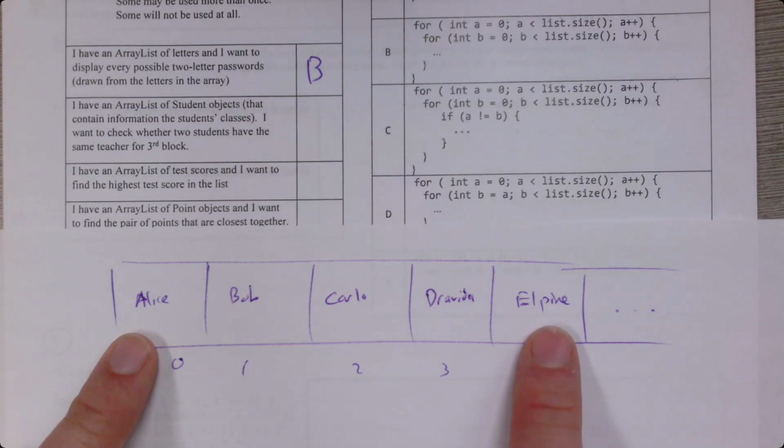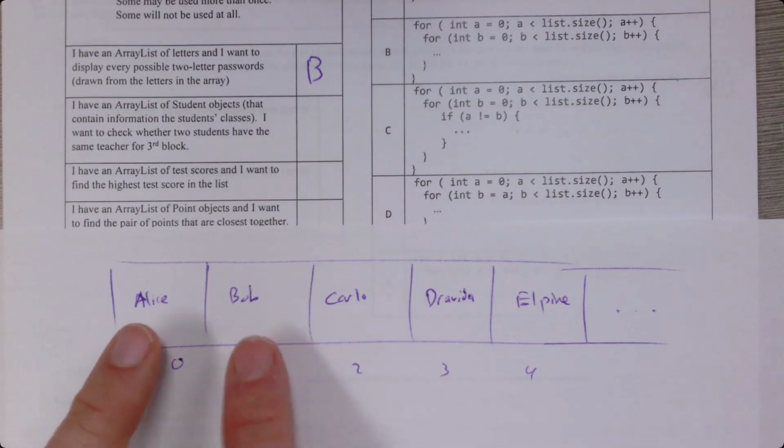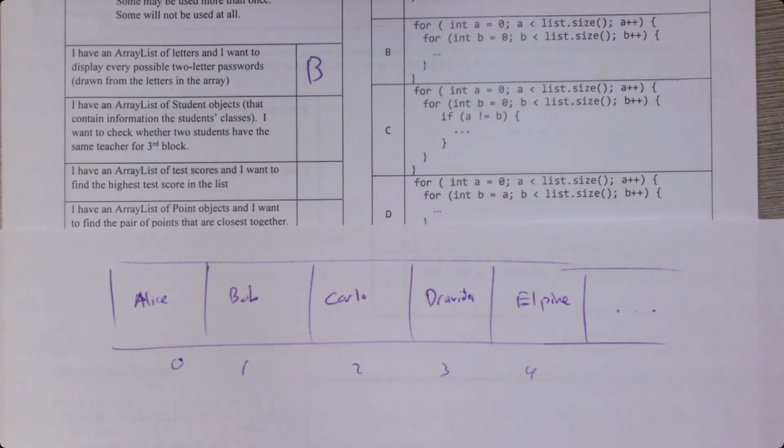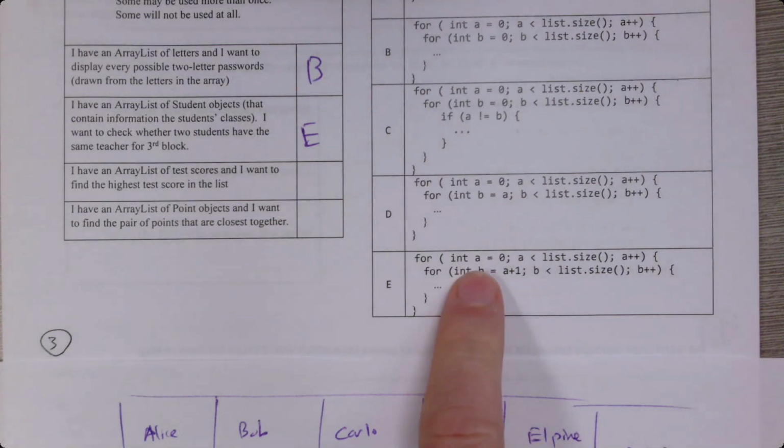What about Alice and Alpine? What about Bob and Carlo? What about Bob and Dravida? So I want to check all possible pairs of students. So to me, the best answer would be E, because that's checking all the students for A, and then once